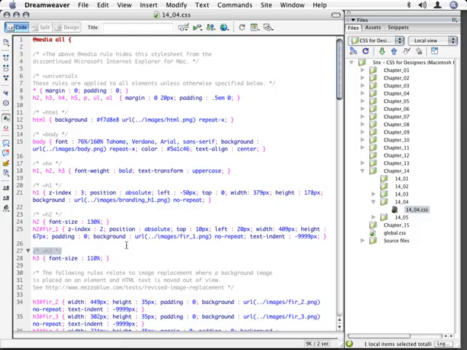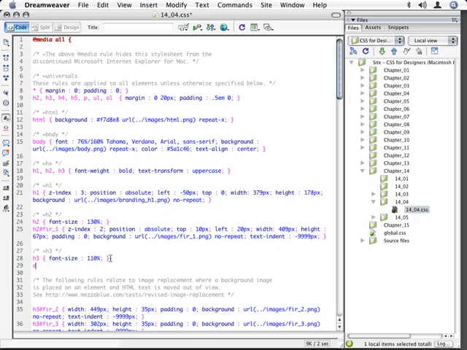So, for example, my preference is to group all rules for H3s together. So no matter where they may appear in the document, I'm setting rules for H3. Just to show you here, I have a global rule for the H3 element, but underneath that I have my div content